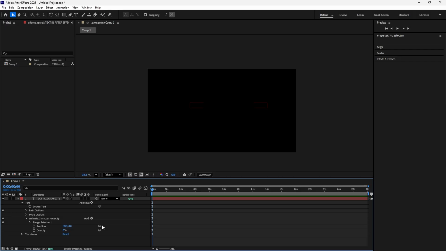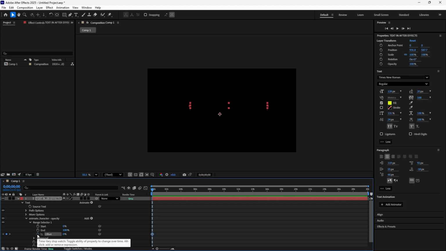Then what I'll do, select the range selector. Here find the range selector. Here it is, range selector. In this range selector, select the offset and use this stopwatch. Click on that stopwatch, and at the first frame it has already added the keyframe. The value here is showing 0